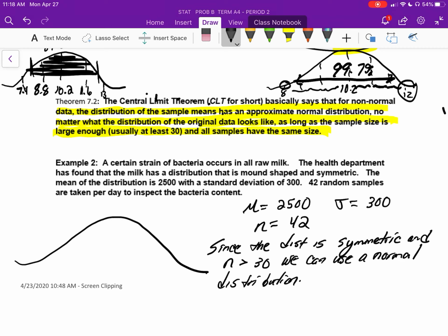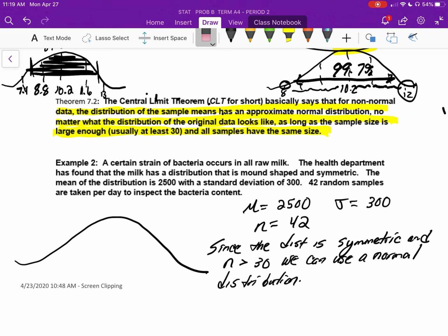And this is really where statistics becomes practical, because someone's not always just going to walk up to you and say, this is normally distributed. You have to be able to say, well, when can I use a normal distribution? Well, I just have to gather enough data, right? And not all data is going to be mound-shaped. Like if you gathered the age of everybody in class, your ages are all going to line up pretty much in the same place, because everybody in the class is almost the same age. They're all going to be about 17 or 18. But if we looked at weight or height, you'd see a normal distribution, right? Or grades. Not all data is mound-shaped, but in this case,